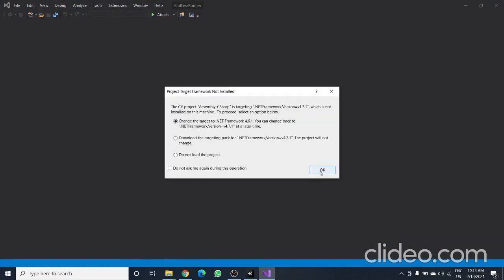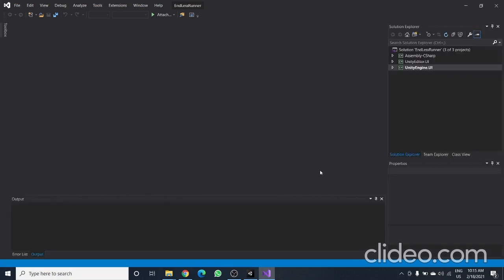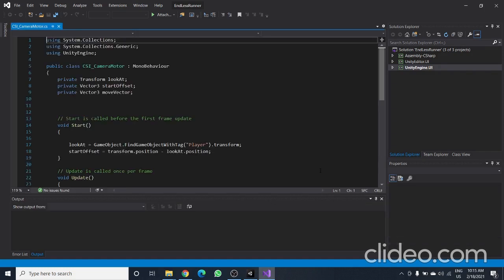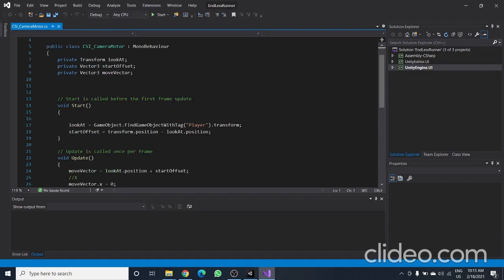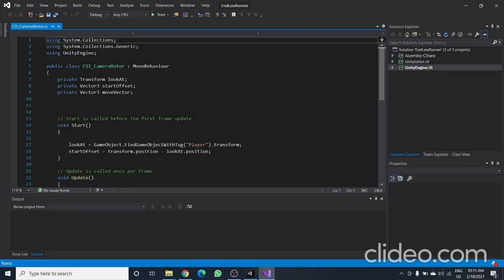You won't be getting this because you are on the latest version. I am getting this. Okay, my Visual Studio is right there on my screen. Just wait for the ready signal.